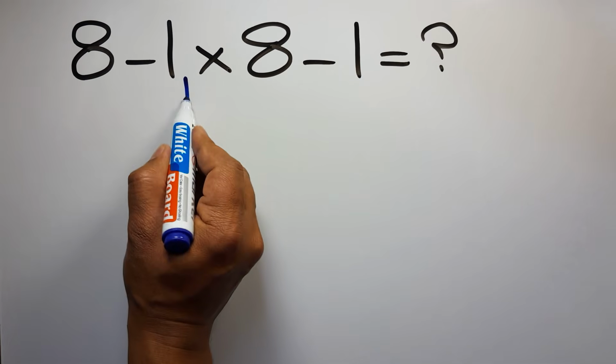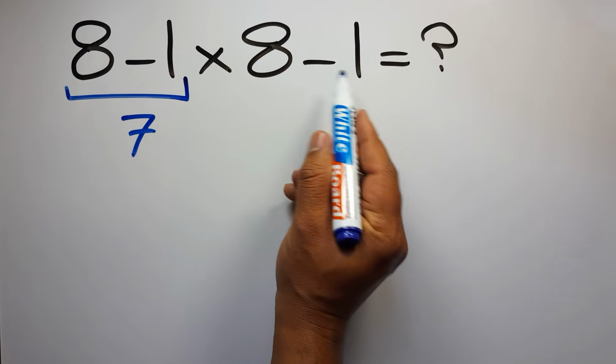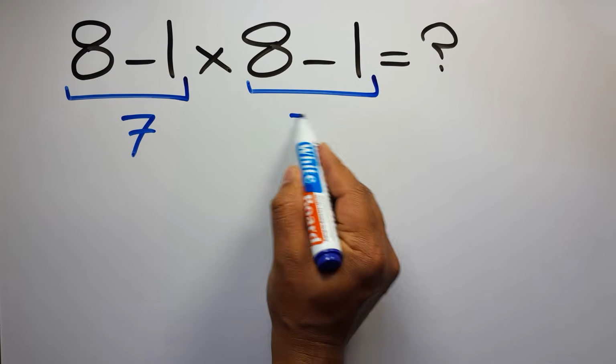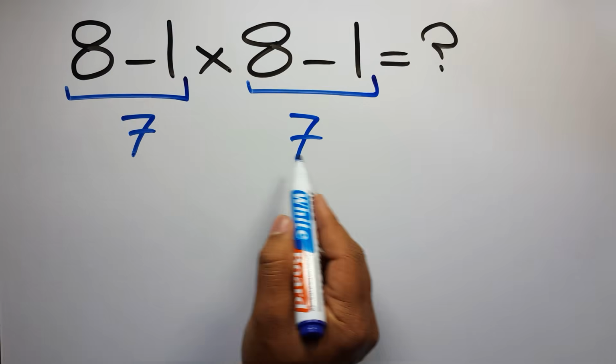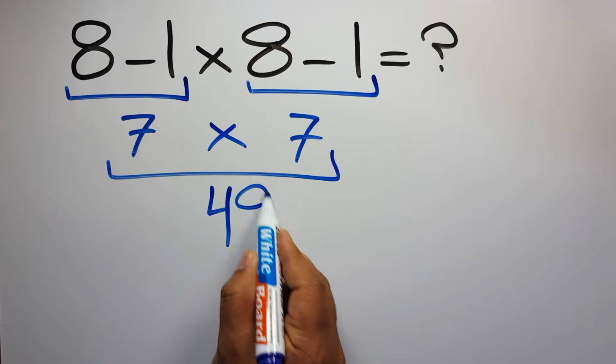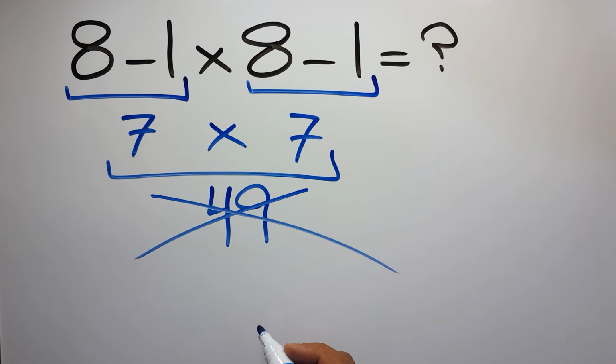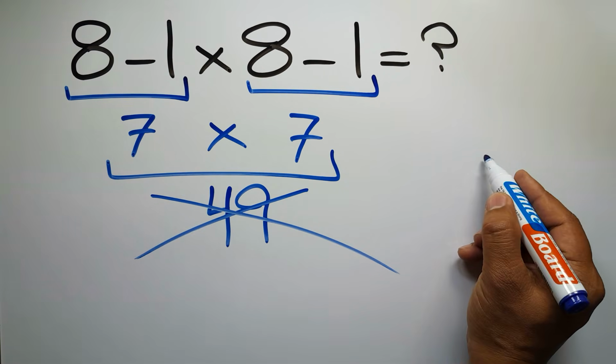8 minus 1 gives us 7. And again here we have 8 minus 1. So 7 times 7 is just 49. But this answer is not correct because according to the order of operations, which is PEMDAS,